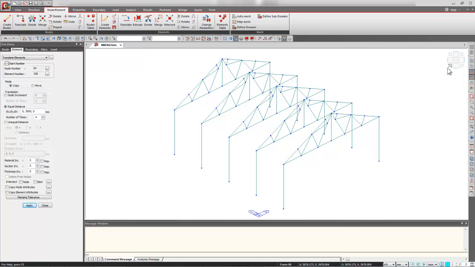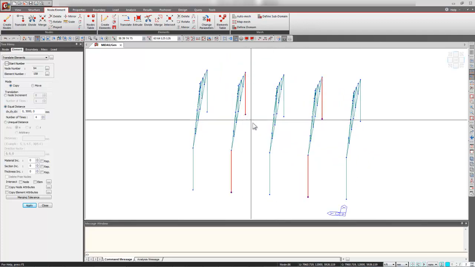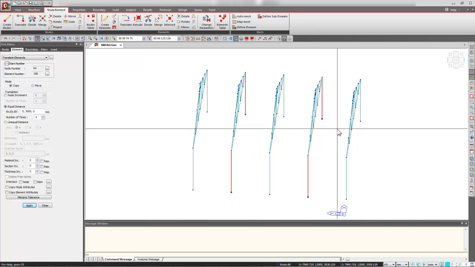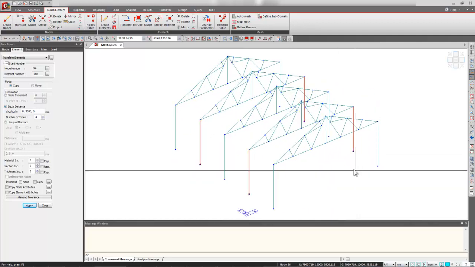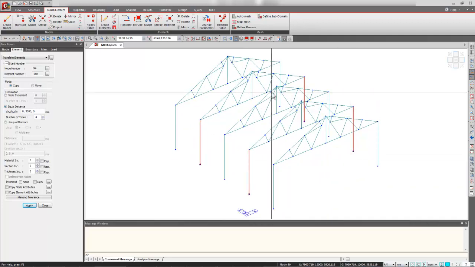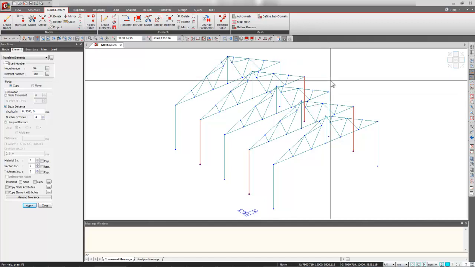So here we go, we can further decide if we want to keep these columns or not. That can also be removed. Just by deleting these bottom nodes, we can delete the entire element because it is connected to the bottom node. So I press this delete from the keyboard,